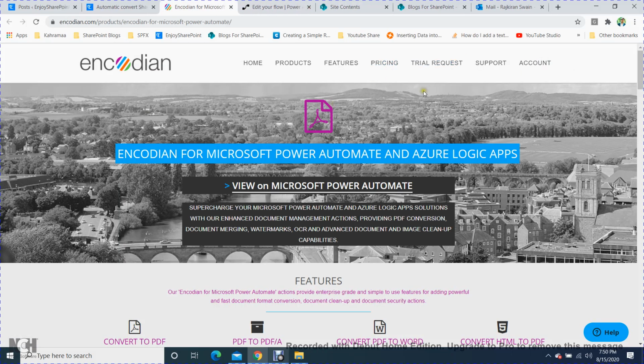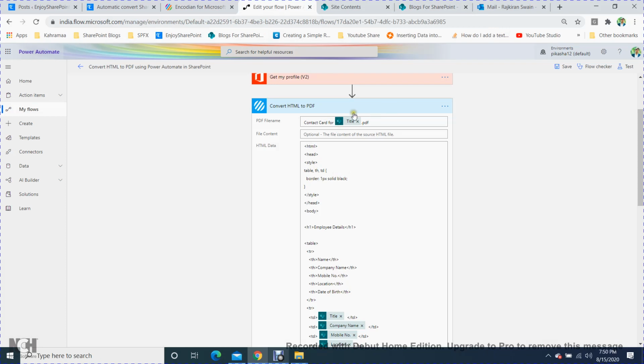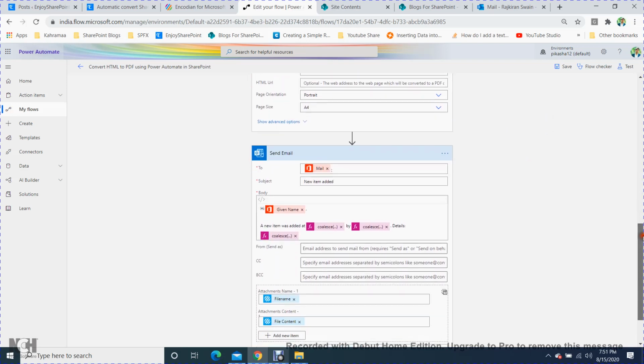When you create an account, it will give you in your email one key, which is the trial key. The validity of that key is 30 days. So you will use that key over here, and once you connect that, then it will show you a file in this format, so that you will be able to add all these details here. So these are the steps over here only.